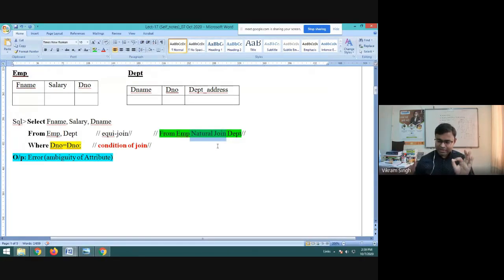So natural join में हमने क्या discuss किया था? Whenever there is a natural join between a pair of tables, all the common attributes will be compared. तो यहाँ पर तो D number ही है, अगर कोई एक और attribute होता दोनों में जो common होता, उनमें भी equality perform होती, right? So this is how we can write a natural join. And if you're not writing a natural join in a from clause, you need to write an explicit condition of equality in the where clause, right? So I hope this is clear.